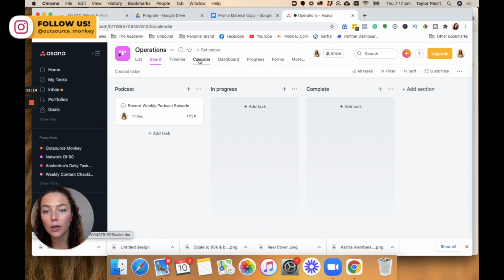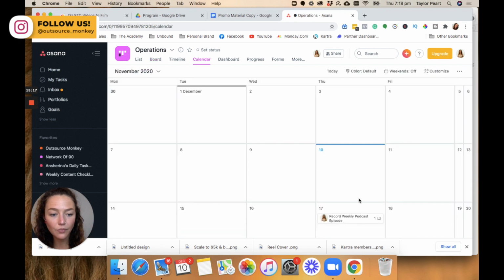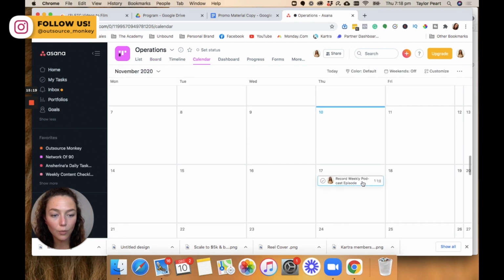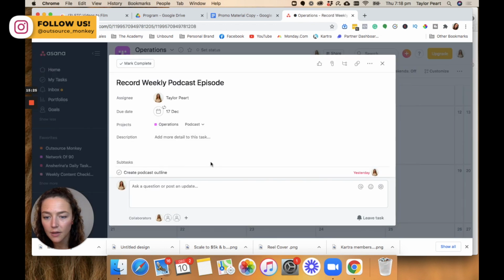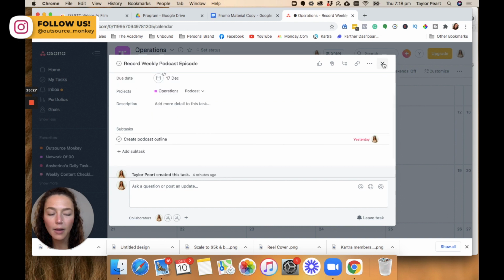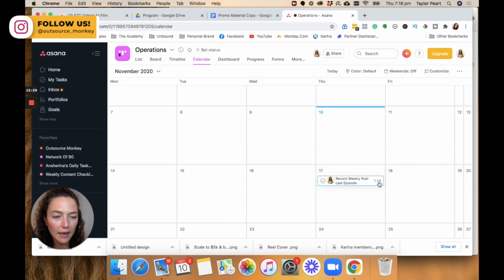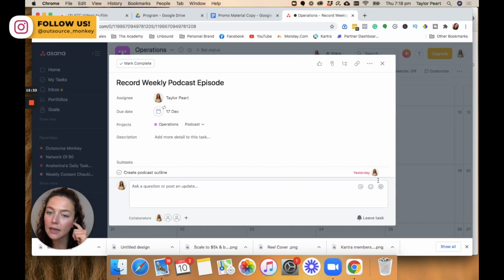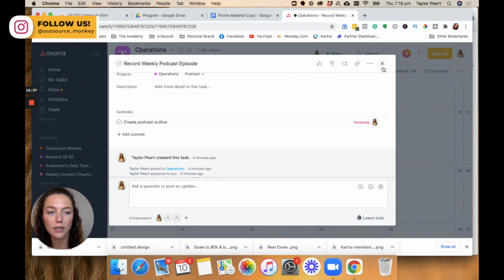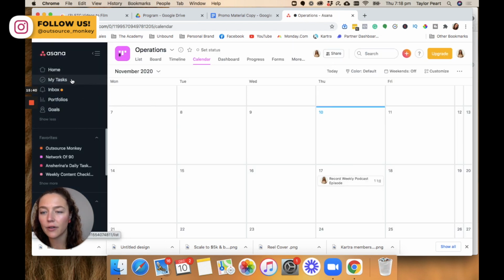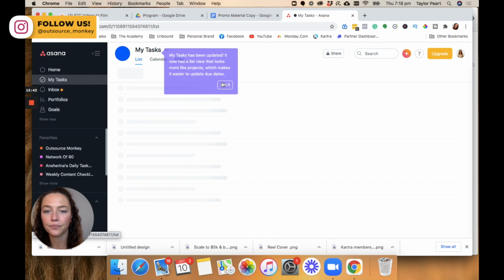Then obviously when we go over into our calendar, you can see here, like record weekly podcast episode, that is already in there. And you can see by that little one, sorry, let me go back. You can see by that little one, that represents the subtask in there. So you know that you needed, well, this is obviously due yesterday. But then when you jump on over into the My Tasks section,